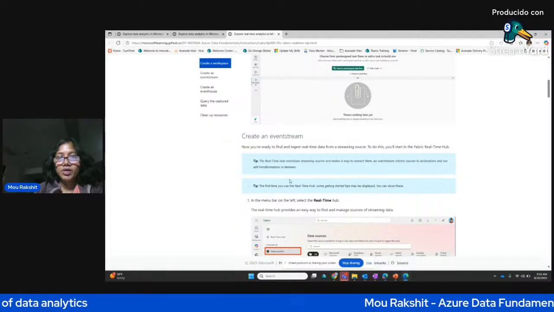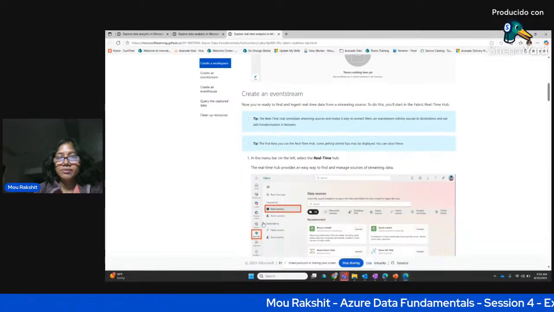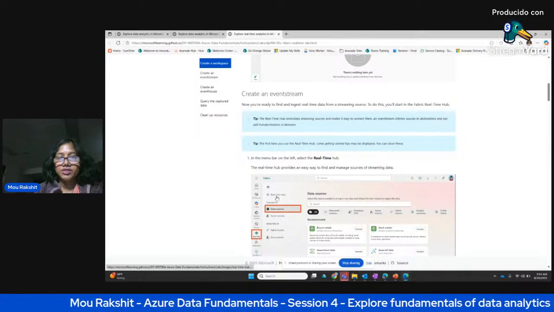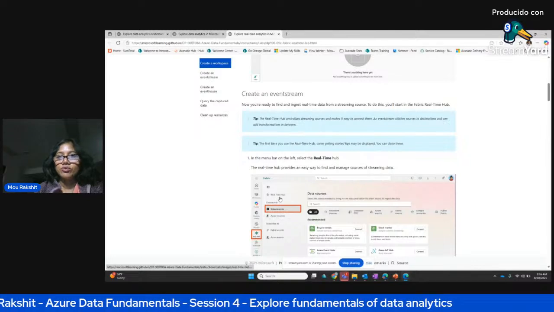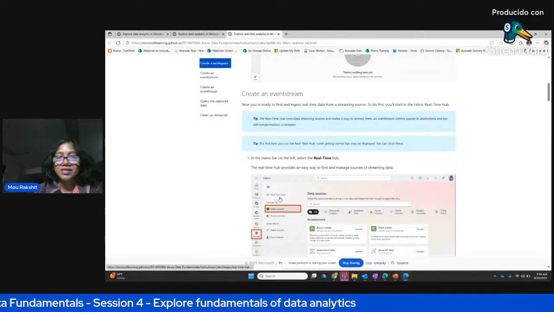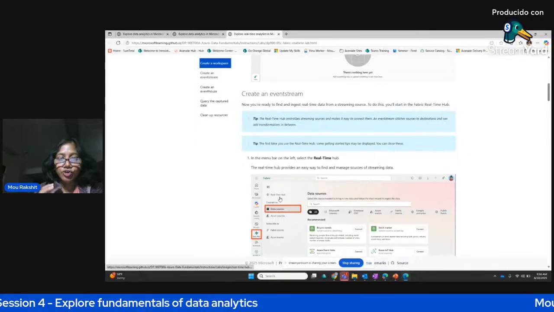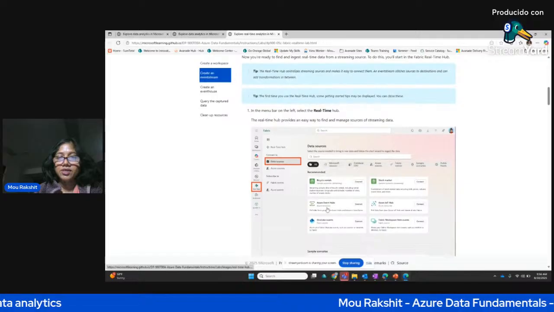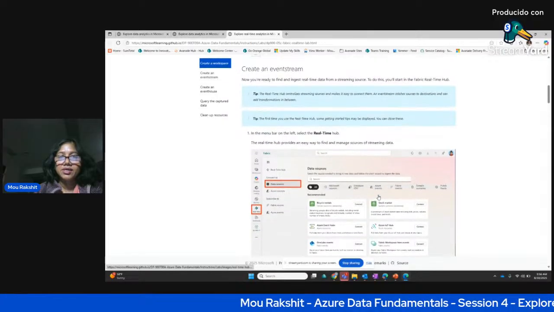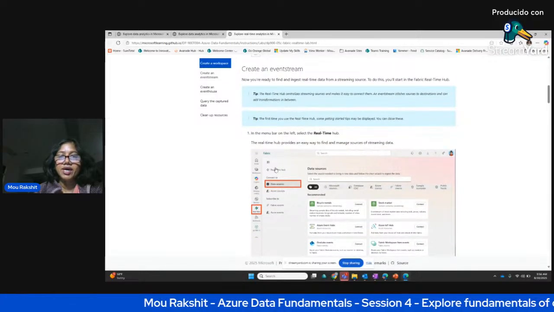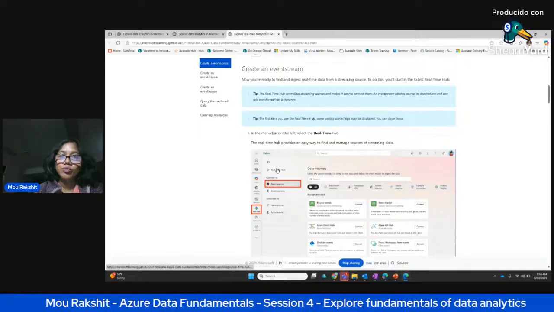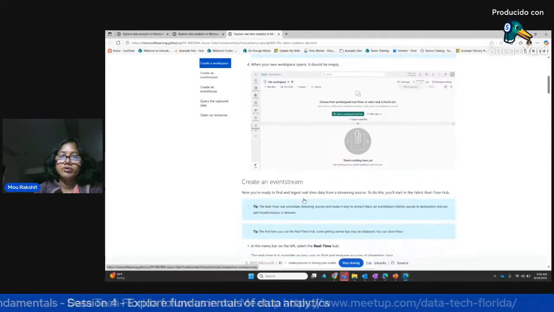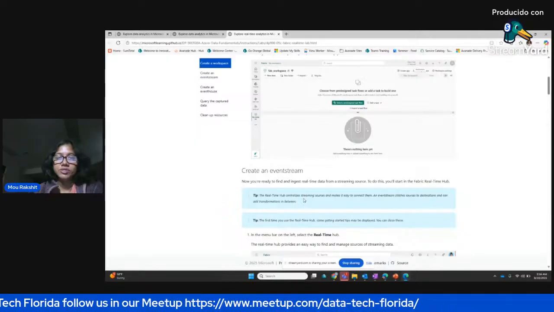Okay, so when you work on this, you're going to be working in the real-time hub. So you can see this icon. This is the real-time hub. All of the streaming analytics, when you are working within Fabric, you're going to be working in the real-time hub. You can connect to data sources here. There are again sample data sets. And this is the first time you're going to see the real-time hub. Remember, you created a workspace, and within it you're now going to work on the real-time hub for your streaming analytics.